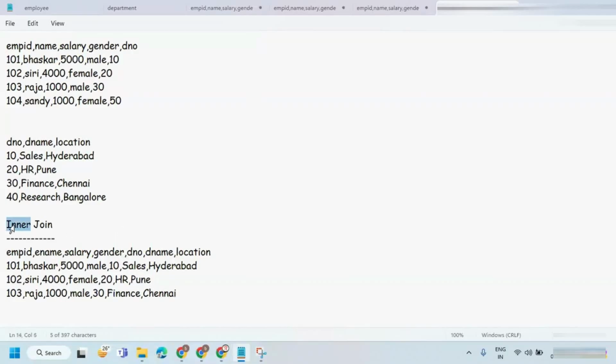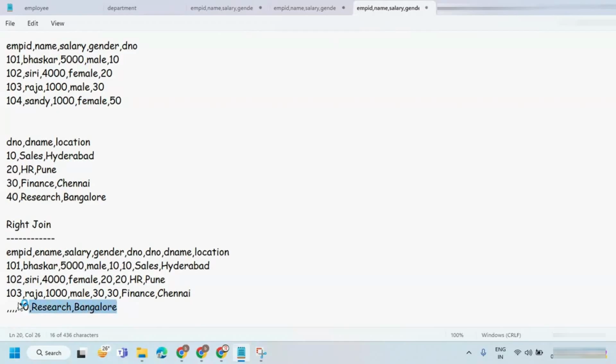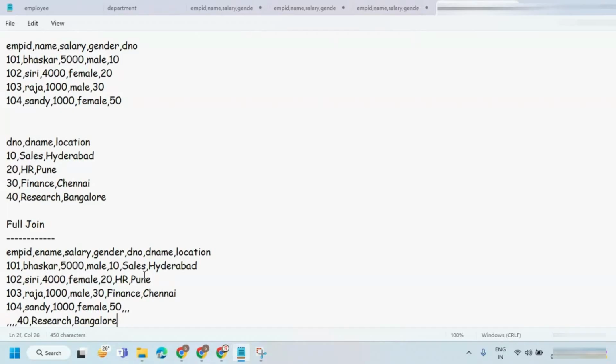So this time I'm going to say full join. So full join means left join plus right join. Okay, so all the joins you are going to get. So this record also is going to come in this particular place. We already discussed about it. And this record also will come. Apart from the matching records, you will get this record and you will also get this record. So this is how it is going to be a full join.